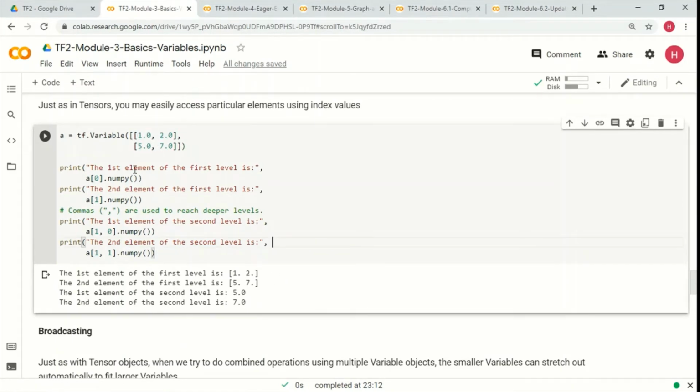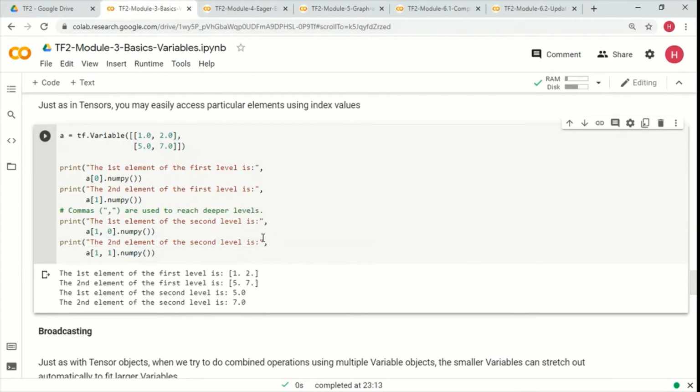Then the second element of the first level, so a1.numpy. So it will be 5 and 7. And then if you want to go deeper, we can use a comma. So if you say 1 comma 0, which is 5, and then 1 comma 1 is 7.